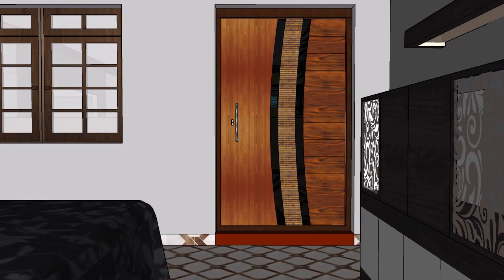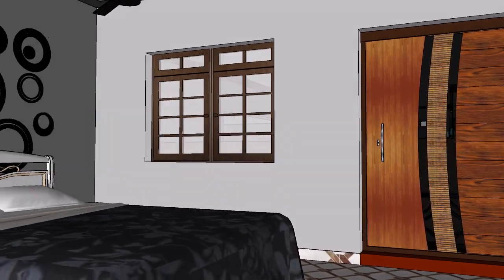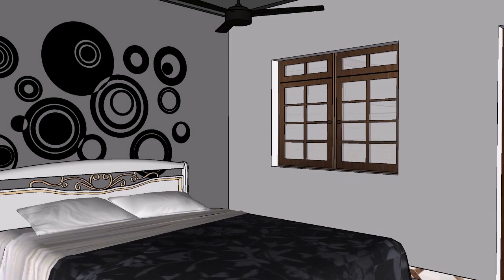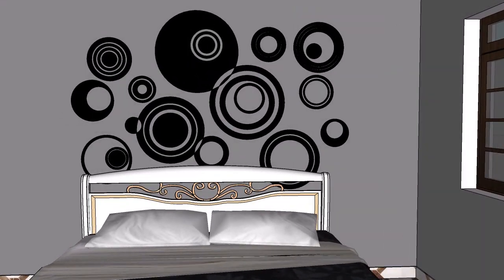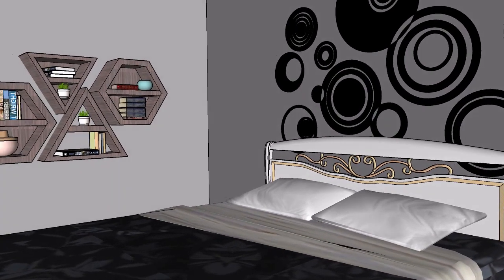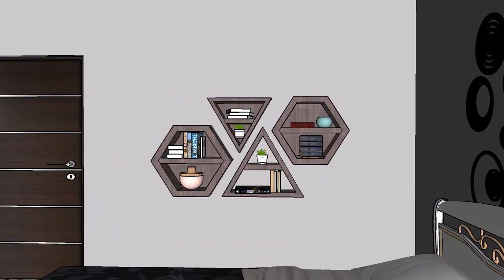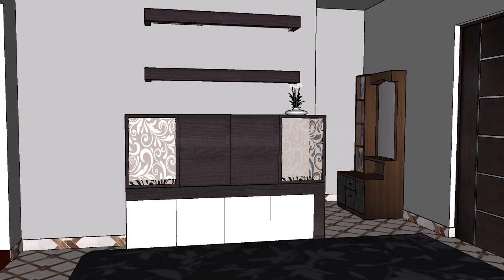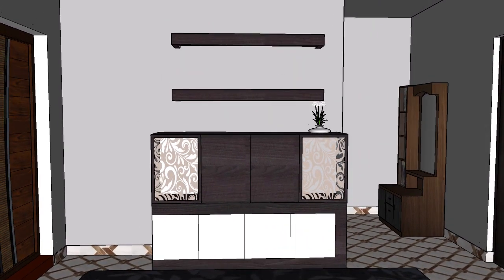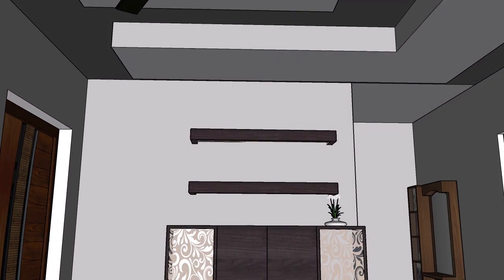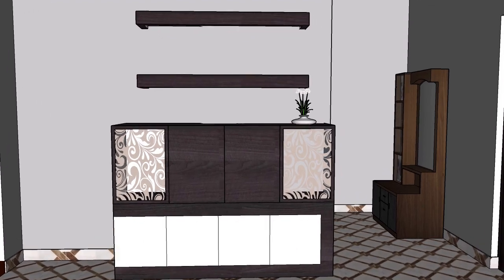This is a guest bedroom with a black and white finish. Here we have a beautiful bed and black and white wall art. There is a decorative shelf on the wall. Here we have a beautiful false ceiling with a black and white finish.